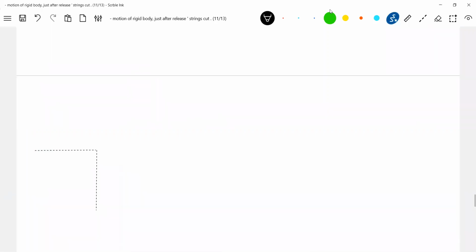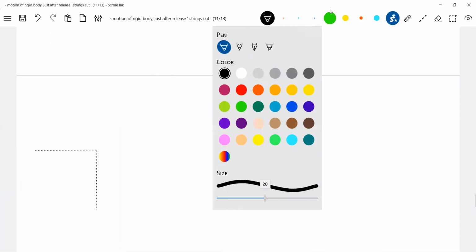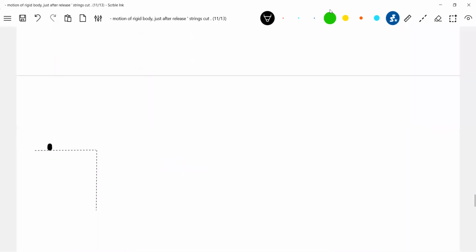So there's a rod. The moment you release, the center of mass will be here. So what will happen to the rod? The next position of the rod will be